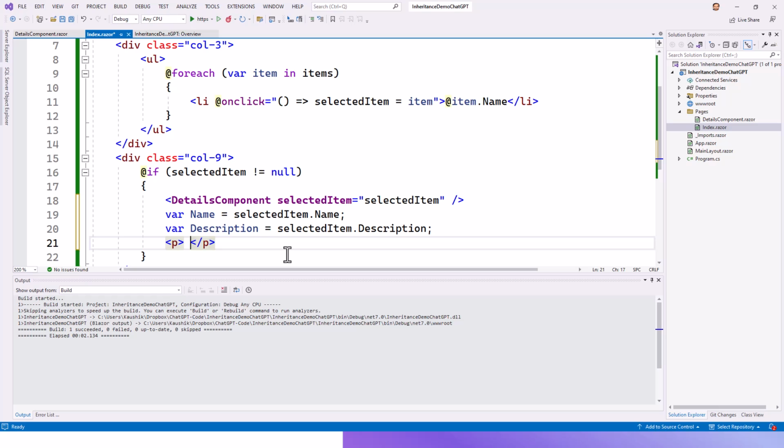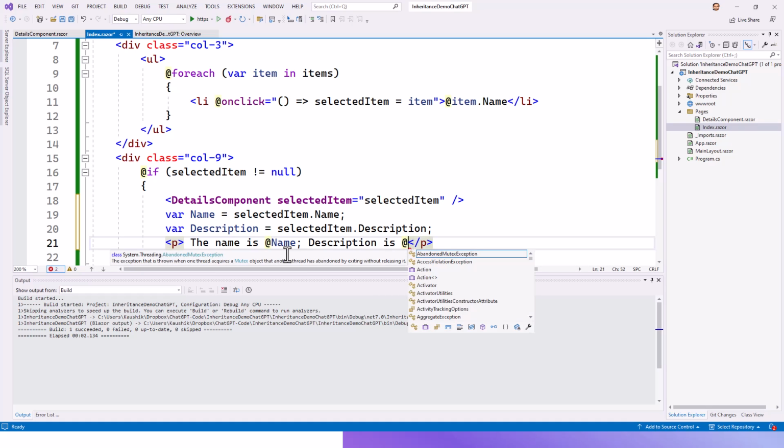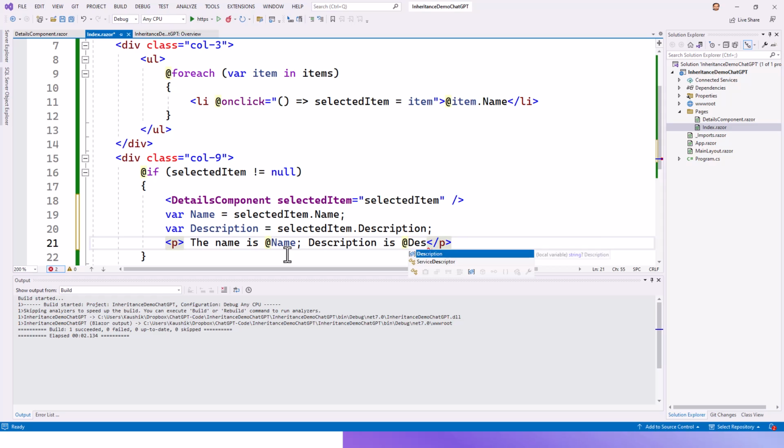Within the paragraph I could write like this, add description, and that's it. Just save it, run it